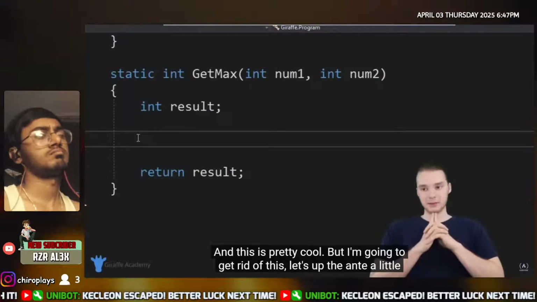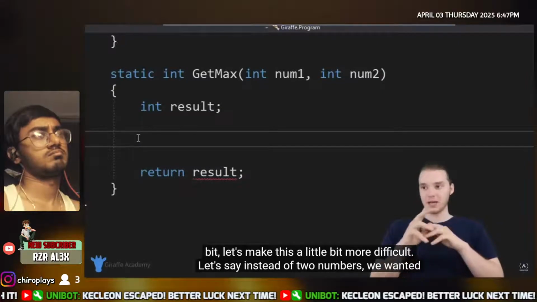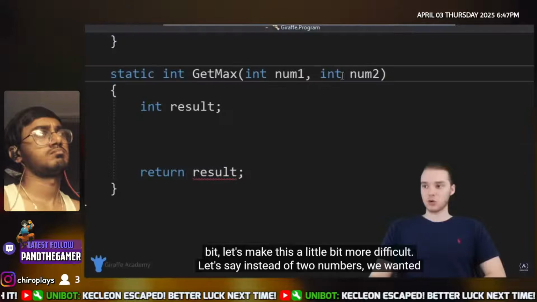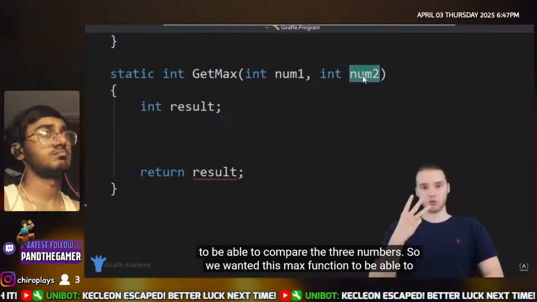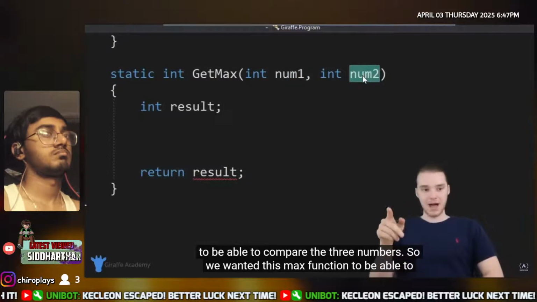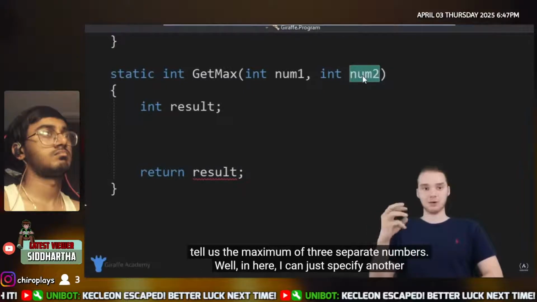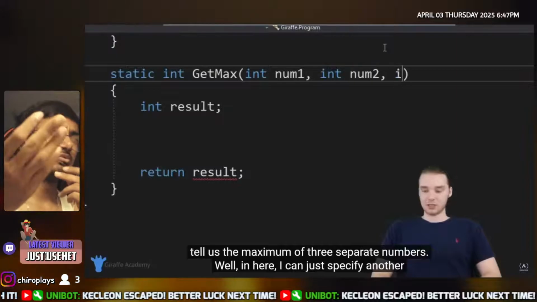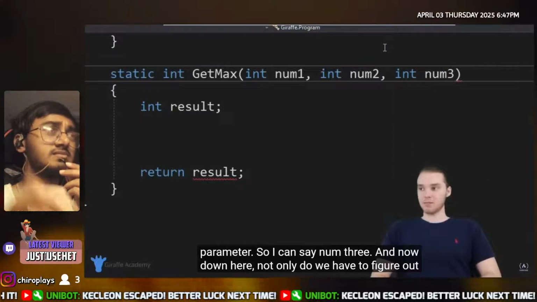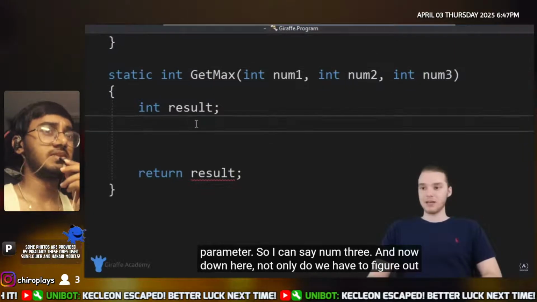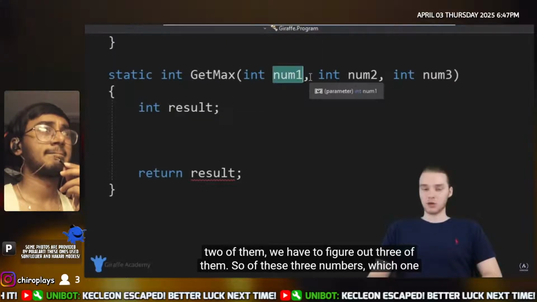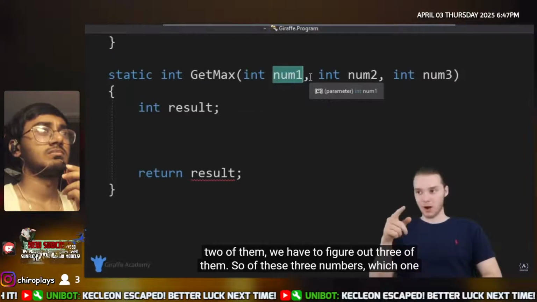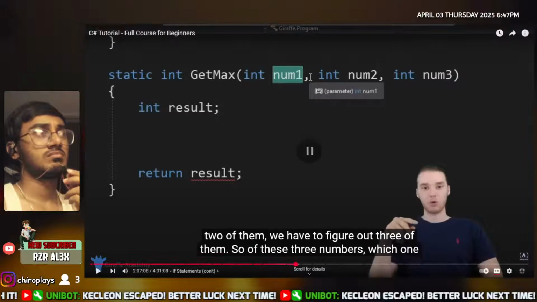Let's up the ante a little bit. Let's make this a little bit more difficult. Let's say instead of 2 numbers, we wanted to be able to compare 3 numbers. So we wanted this max function to be able to tell us the maximum of 3 separate numbers. Well, in here I can just specify another parameter, so I can say num3. And now down here, not only do we have to figure out 2 of them, but we have to figure out 3 of them. So of these 3 numbers,